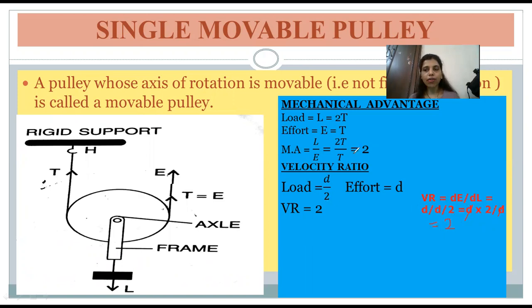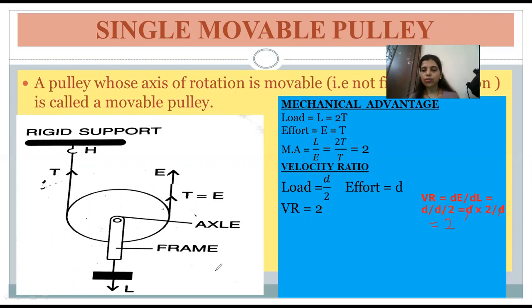But mechanical advantage will decrease due to the friction and the weight of the pulley. As it decreases, MA will be less than 2 in the actual condition. In the ideal condition, always take MA equal to 2. And when you are talking about whether it's a force multiplier or a gain in speed, you have to consider the MA in the ideal condition. Okay.